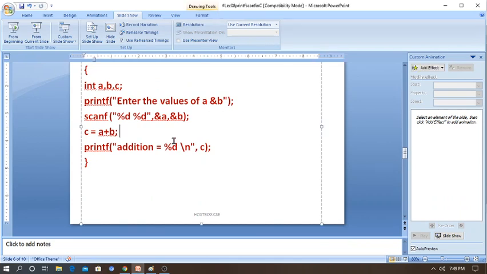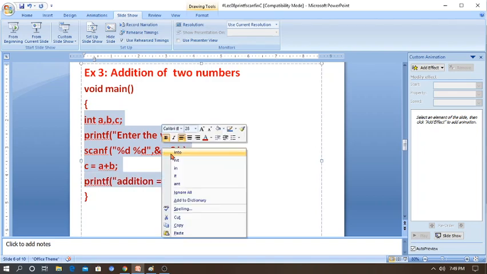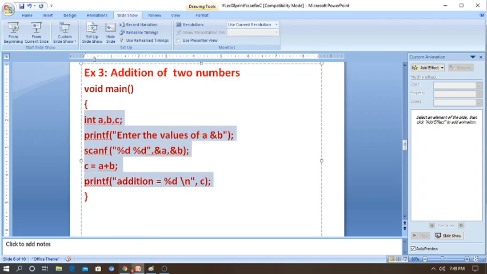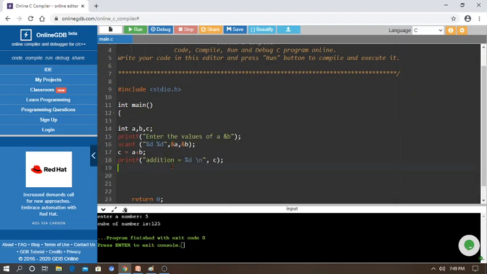So addition of 2 numbers, I am the user, I am going to give the input in the console here. Just so try to execute. When there is no compilation error, it asks the value of A and B. So I am going to enter the value of A 12. Just I am giving 12 and B value I am giving 13. So it will display 25. Yeah, successfully executed. We are adding only 2 integer numbers.